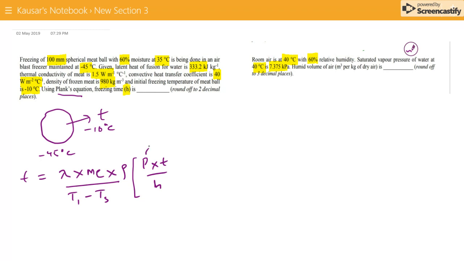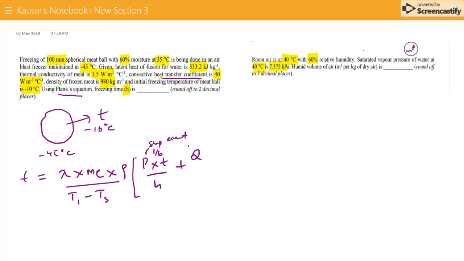P is the shape constant, and for sphere it is 1 upon 6, and t is the thickness which is given in the numerical. h is the heat transfer coefficient,